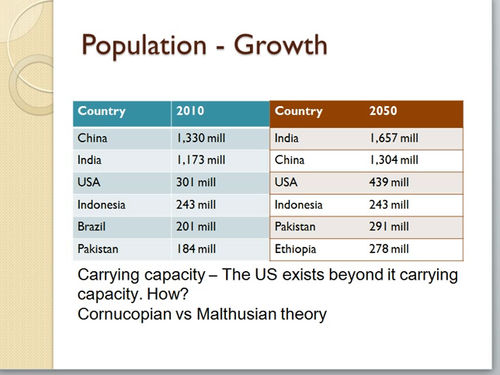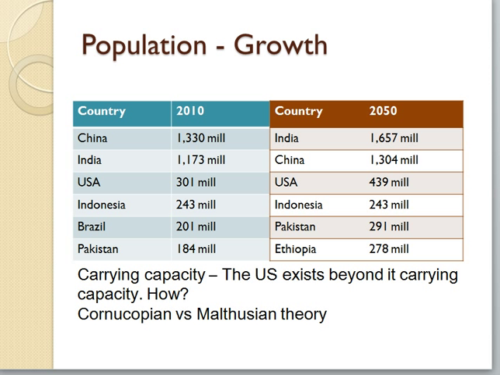And then the book talks a little bit about carrying capacity, and that's the ability for the land to support the population. And then we begin to think about, can the U.S. exist beyond its carrying capacity? What other countries maybe have reached their carrying capacity? And then this idea of globalization. So we are no longer dependent on U.S. soil and U.S. territory to support all our needs. We go elsewhere to get the things that we need and want.